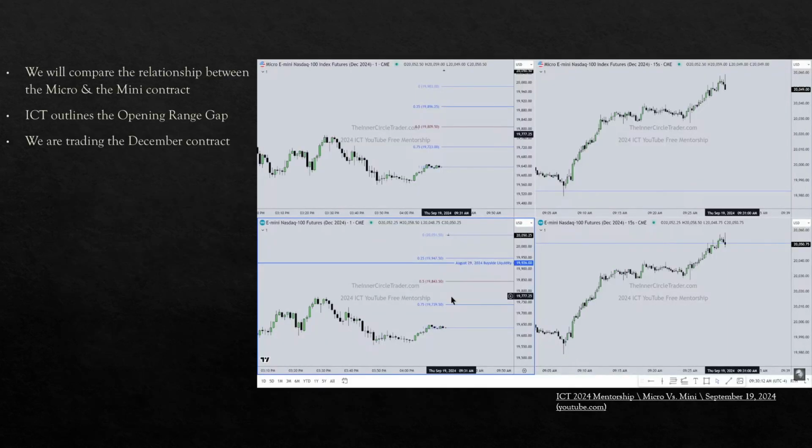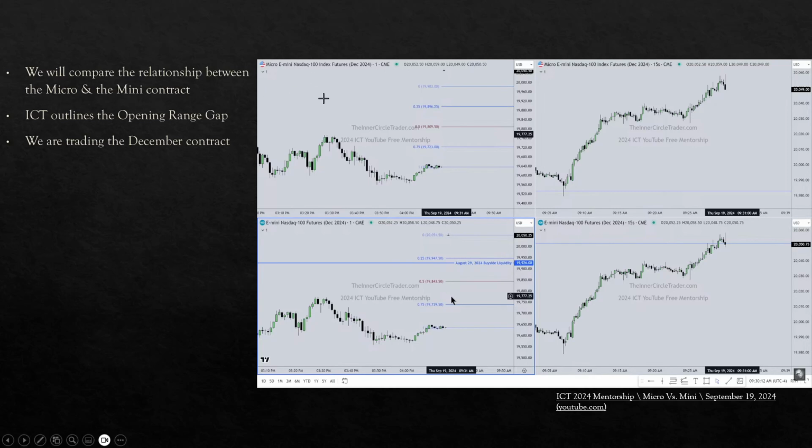Again, I'm not stealing ICT concepts. I'm just providing you a view from a student perspective with the key takeaway points of today's live stream, which was on Thursday. So we will compare the relationship between the micro and the mini contract in today's